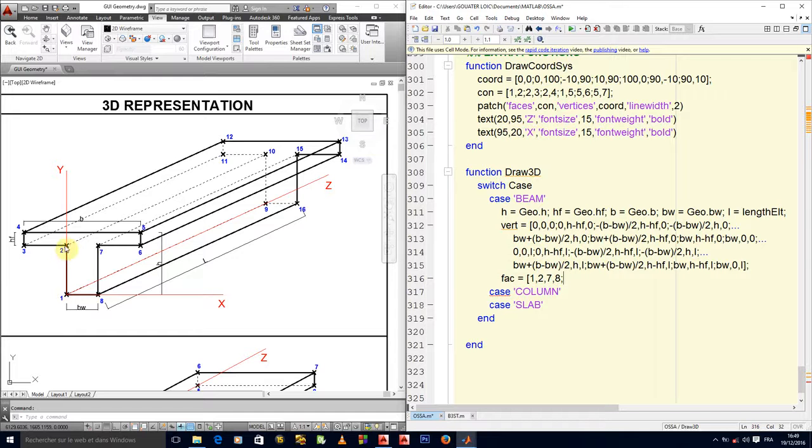Then for this other face here, are you seeing it? I will draw it 3, 4, 5, 6. So you see that when I say 3, 4, 5, 6, automatically this 6 will close itself to this 3.